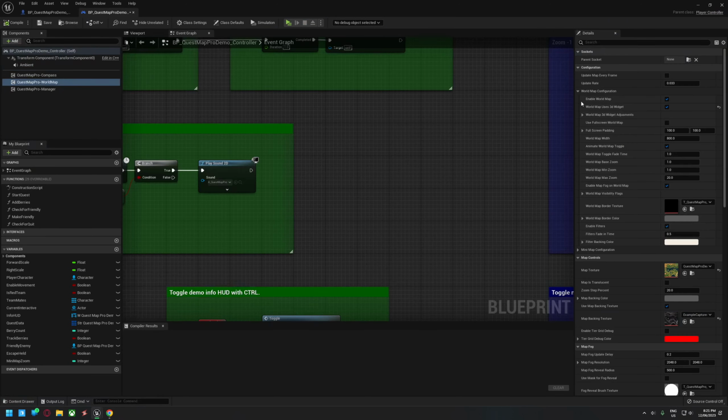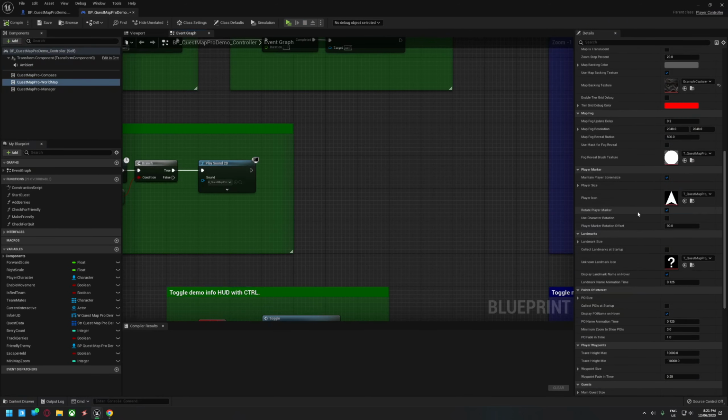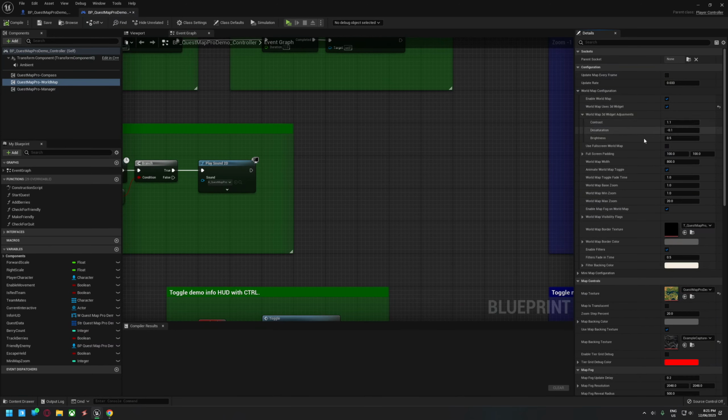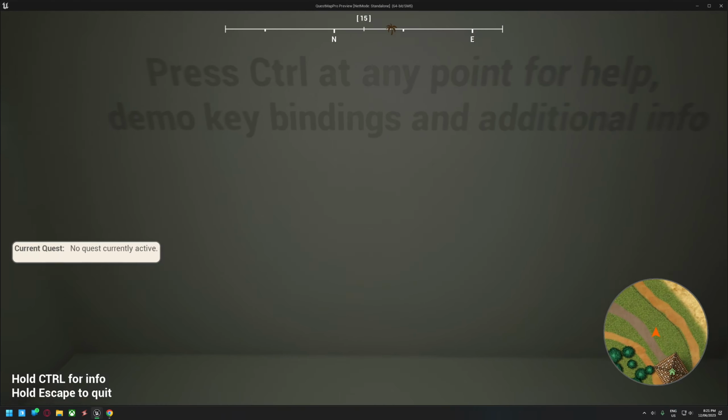So what I've done is I've added in some options here under the 3D mini map widget adjustments, which has a spelling error I'll need to fix. By default, these are the settings I found that get the best results in this demo level. It's just a contrast, desaturation and brightness change. You may need to change that on a project to project basis. If you want to leave it as normal, if you hover over each of these, it says what values will do nothing, and in each case it's 1. So if you just set them all to 1, you'll get what the engine pumps out normally,